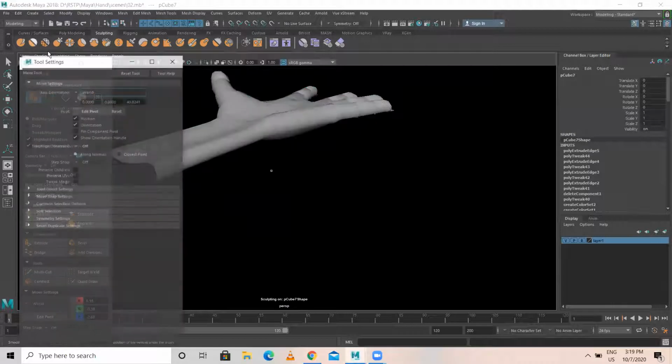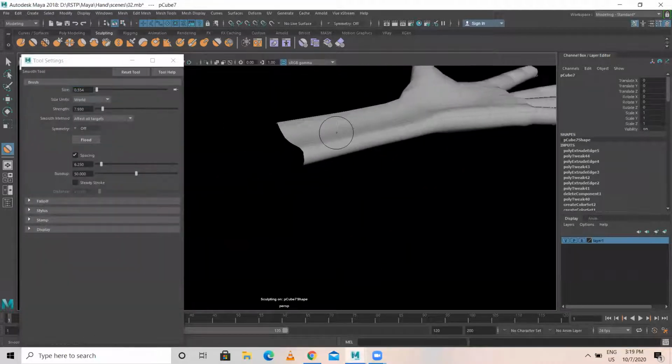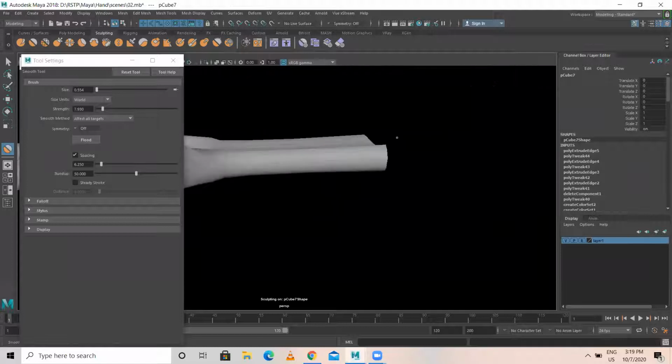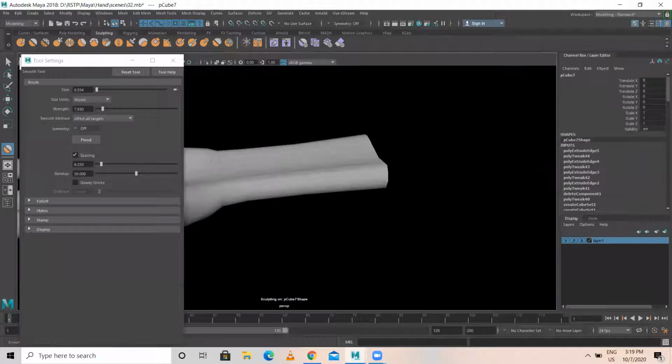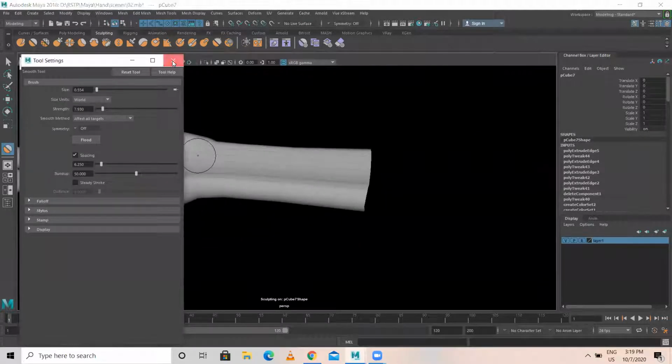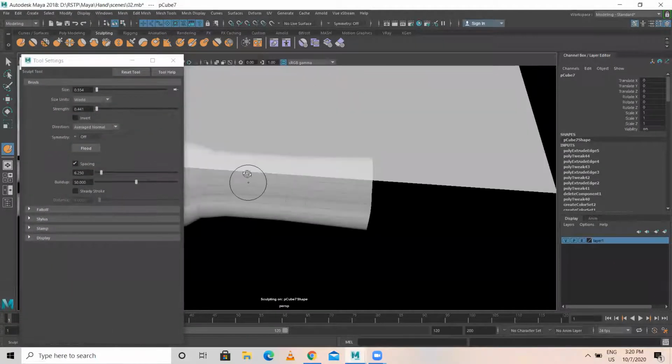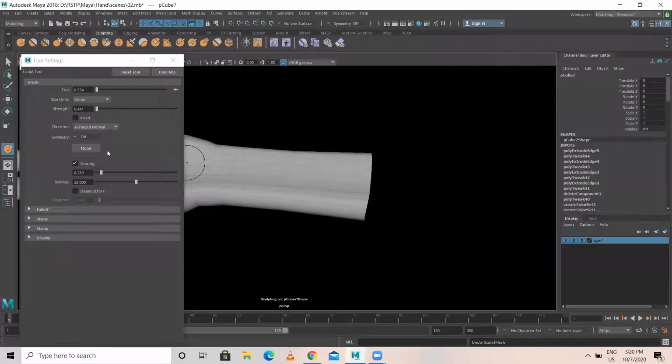Then I'll select the smooth tool again. On this side, we have to soften this. Then I select the sculpt tool in the center part. I need to reduce the strength again. 0.1 I'll give, simple.